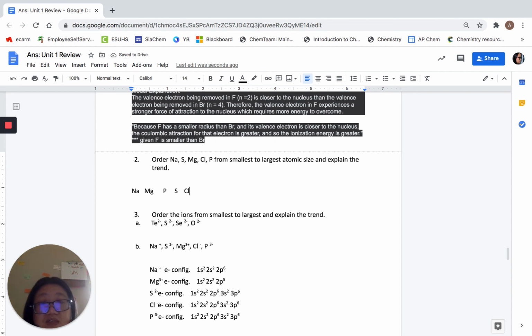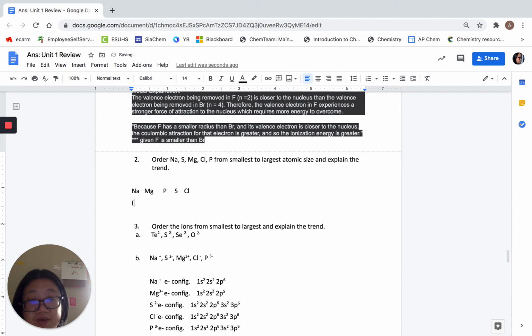And if you go left to right, what do we know? Going to the right side should be the smallest one. So I want you guys to remember, in the same row, left to right,